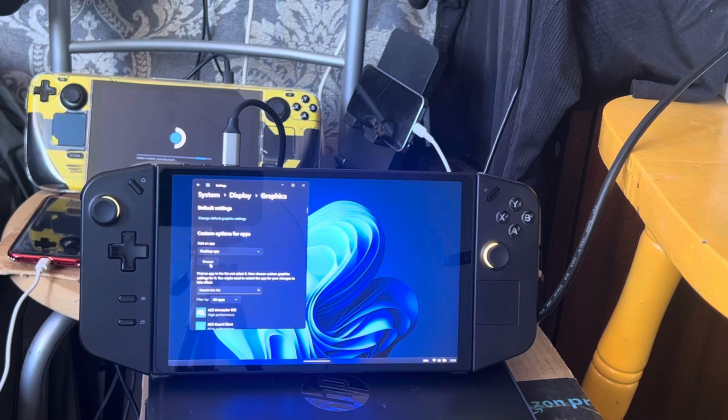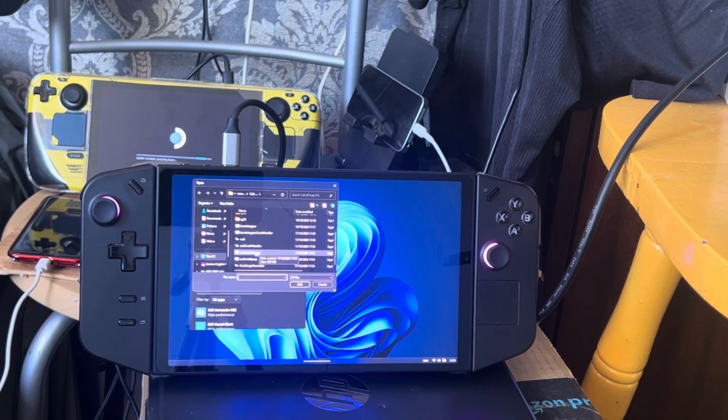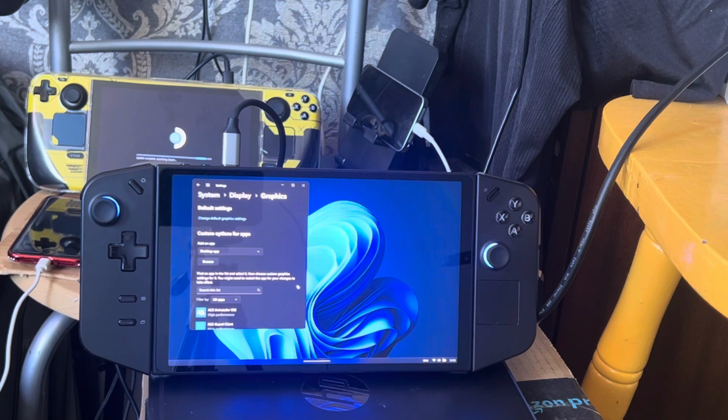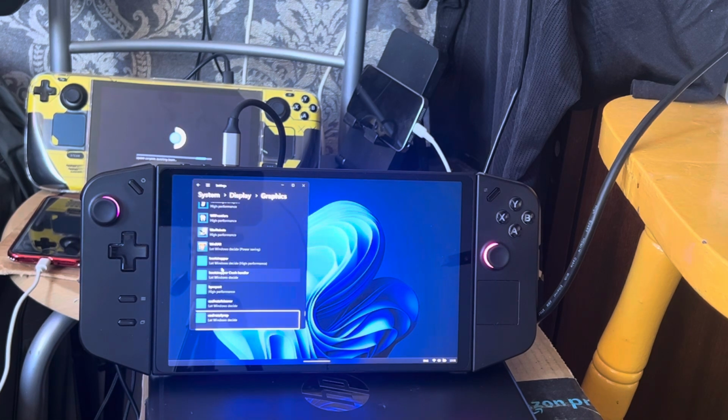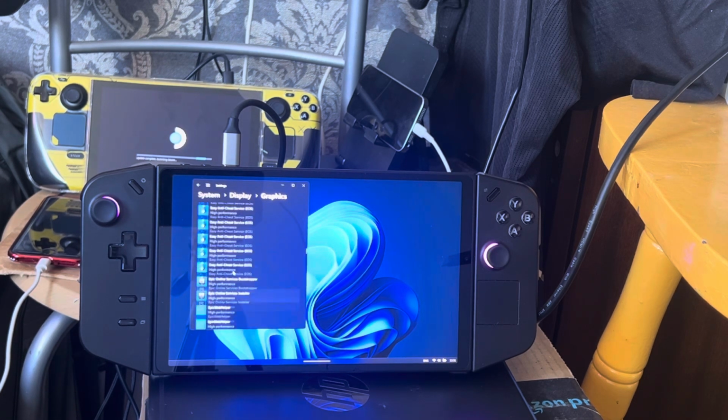You can do this on your Steam Deck as well. When I was on Windows on Steam Deck, I was doing this as well. So this is not just a Legion Go type thing. You can do this on your Steam Deck if you're using Windows. But like I said, I do not have Windows on my Steam Deck anymore because every time I try to